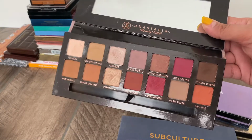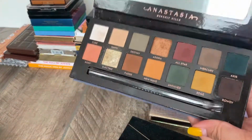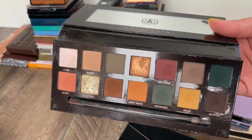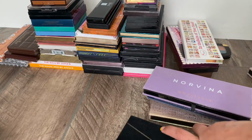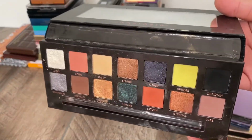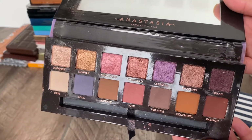त किनेको छैन, but मसँग जतिवटा छ, like यो भयो Anastasia. After that came the Subculture, यो त्यति राम्रो छैन, I don't use it more often, probably मैले दुईचोटि use गरे होला, but I really like to keep it as a collector piece, so I will keep this palette. अनि त्यसपछि आको Prism palette, यो पनि राख्छु, I already told you guys म सबै Anastasia palette राख्छु. So Prism for that. Norvina, this is one of the best palettes Anastasia